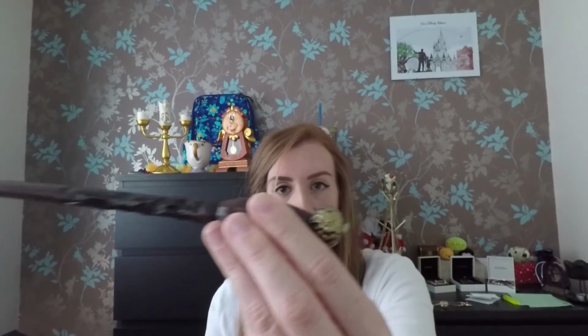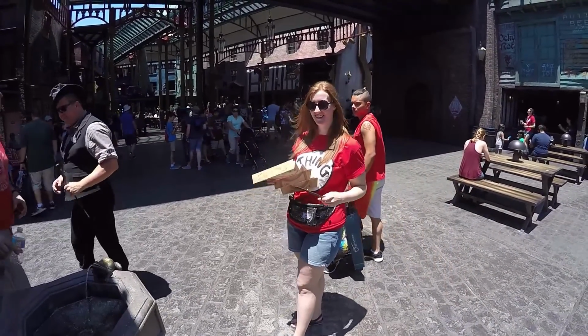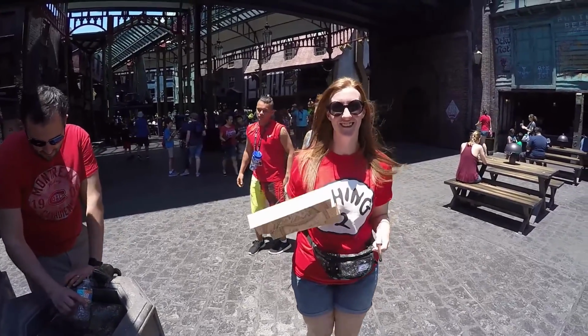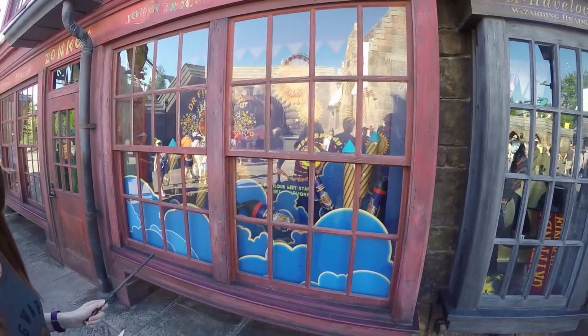I have one last item from Universal Studios, and I think it's probably their most popular item. So this is a Harry Potter wand, and this is actually an interactive wand. So it's got, they called it a magical crystal in the shop. It's got a magical crystal in the end, if you can see it there, and it means that you can cast spells, and it's really cool. I'll put a bit of footage now so you can see it in action,